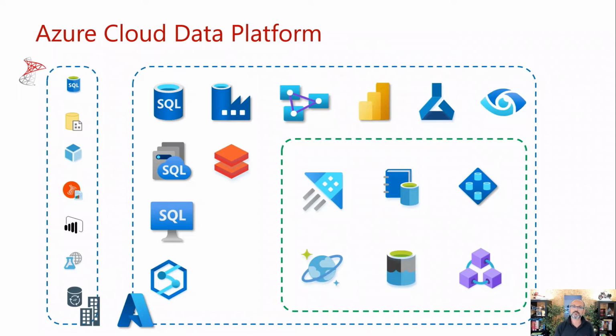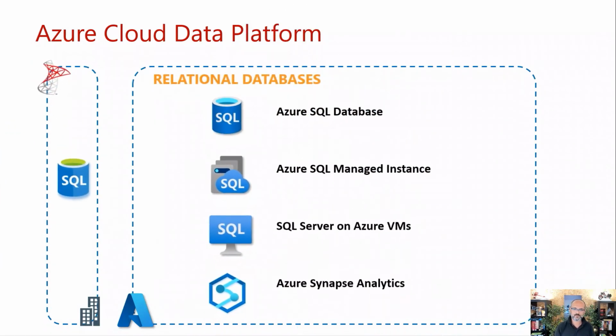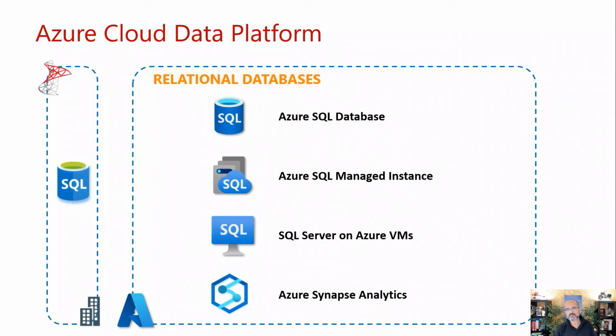So let's take a look at the first set. Okay, the first one we're talking about are relational databases. And I think this isn't working anymore. All right, so with relational databases, we have